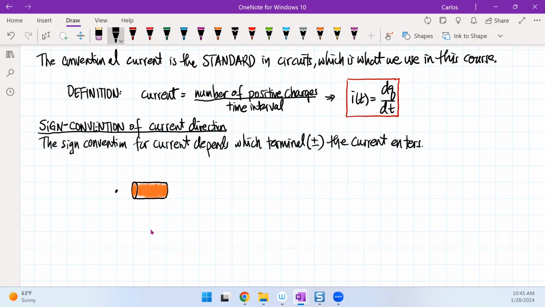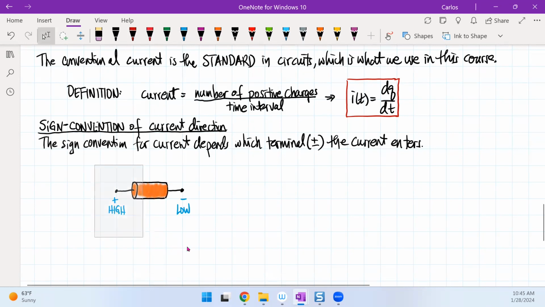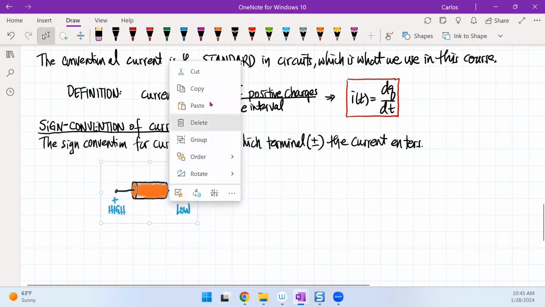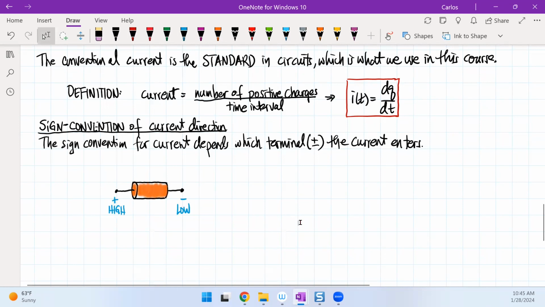And I have two terminals right here. So the way current flows is we need some type of potential difference. So we're going to say that this is positive, this is negative. In other words, this is our high potential, this is our low potential. So let me copy this since I'm going to need this again. So if I have current entering right here,